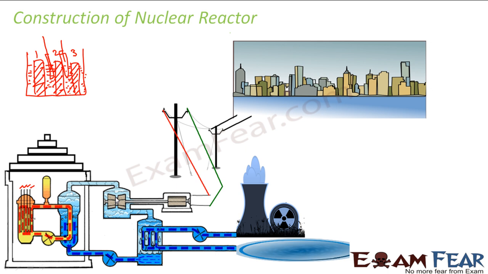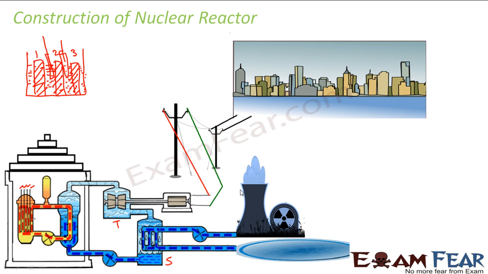And from where do we get steam? Steam is generated from this steam generator. So this is the turbine and this is the steam generator. Here if you see, steam is generated which will move the turbine. So how do we take the heat out from here? Water at very high pressure is made to pass through this. So this water will take the high amount of heat which is produced inside the core along with it. It will bring the heat with it. As a result, in this steam generator, steam will be generated because so much heat has been withdrawn from the core. So the steam which is produced will be used to run the turbines, and the turbines in turn will be used to produce the electricity.